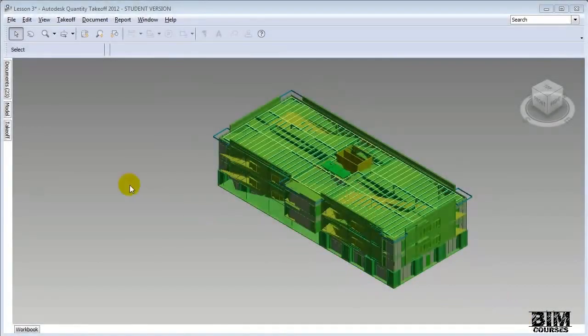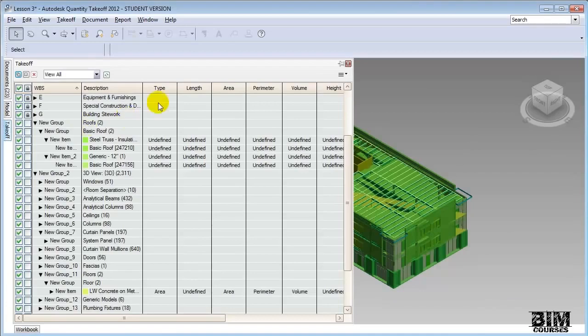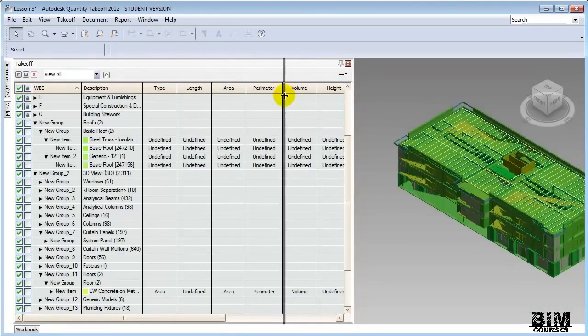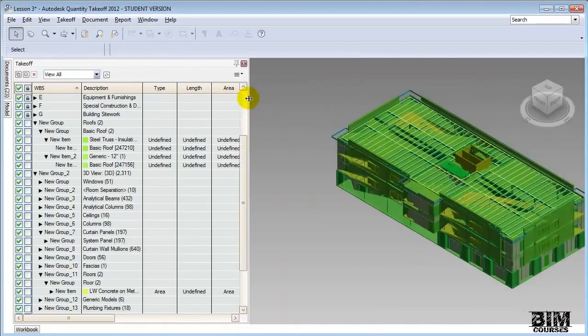Let's return to that Takeoff tab, and I'm going to pin it open so we can continue to work with it easily. Let me even shrink it down a little bit so it's not taking up all of the screen. Now for each of the different items in the Takeoff, you'll find that there's going to be a type associated with it. If we'd like to go through and change the type so that, for example, on the roof items, we can estimate them based on the area of the roof assemblies, what we can do is go to,